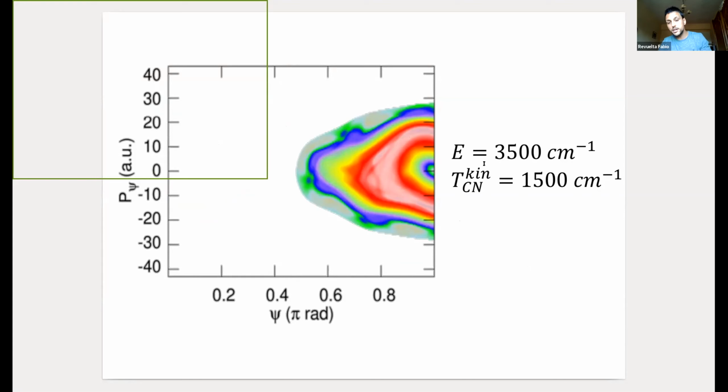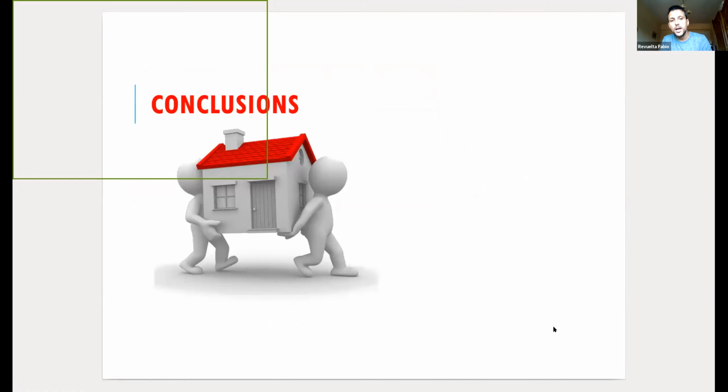And if you increase the energy further, then you have the same situation, right? So the accessible energy is smaller and then the motion is more and more regular. So the more kinetic energy you add to the small r, the more regular the motion is.